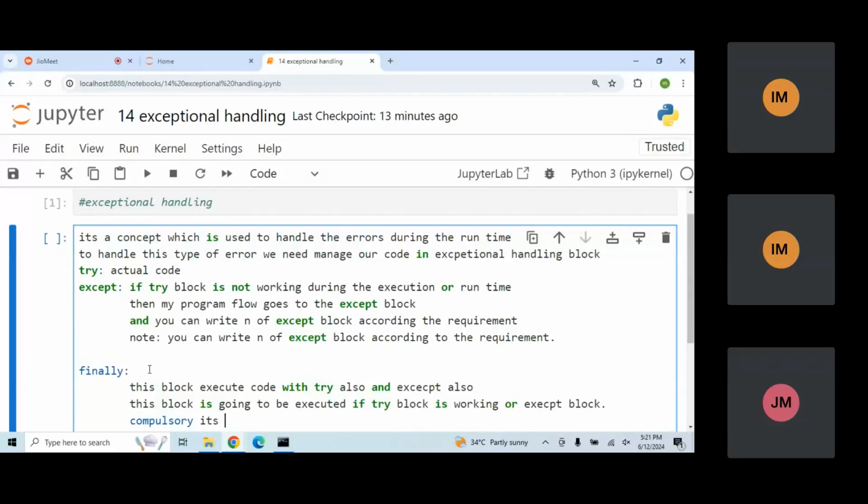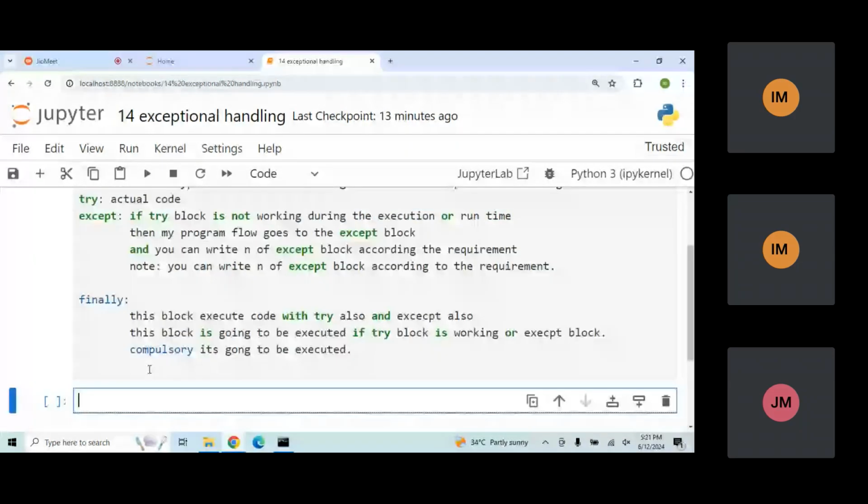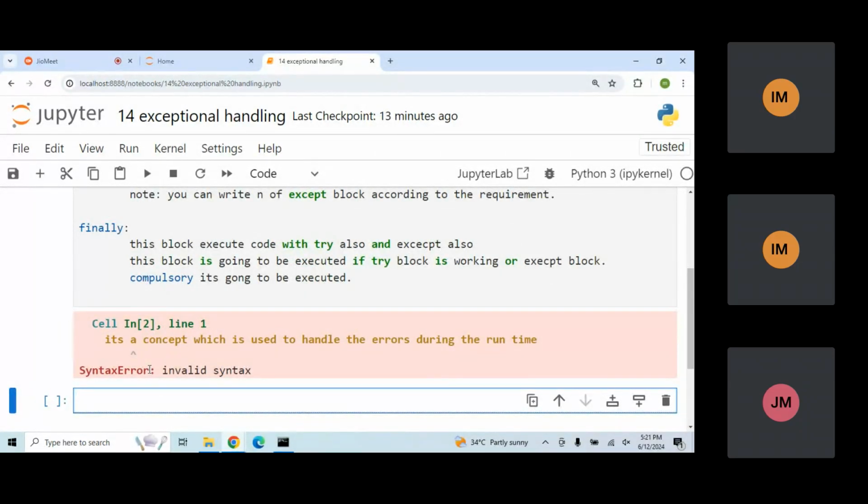Compulsory, it is going to be executed in any situation. Okay, now let's take an example to understand this particular scenario. What I want to do here is write a piece of code that does some basic calculations, and if this calculation works perfectly, then go with the execution. Otherwise, it should go to the